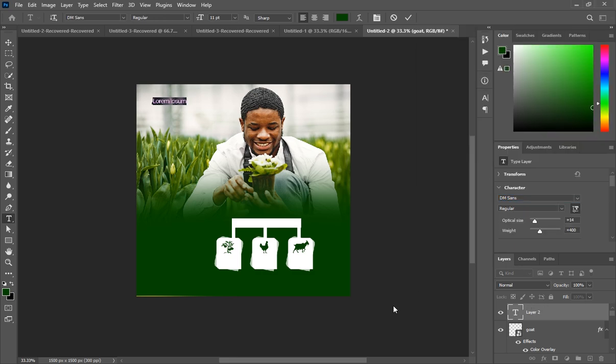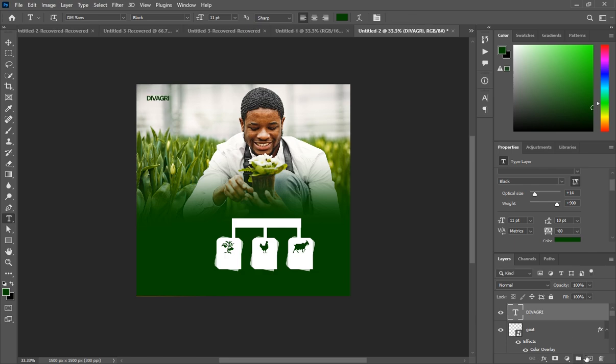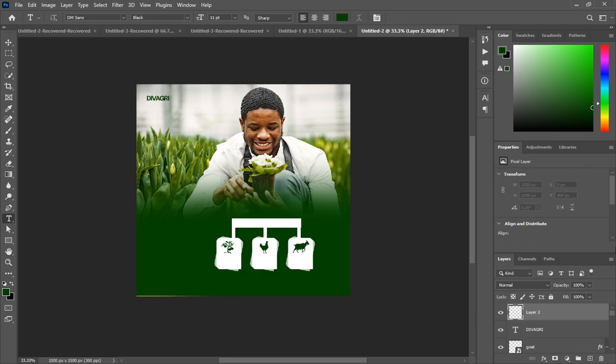All right, so Dive Agri. All right, so I just want it to be black, the thickness, and then the font size is 11, the color is green. So you just drag here, something like this should be fine. Then we'll go back to another one, the agribusiness. For that one, we are using